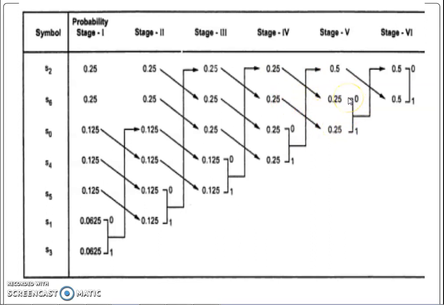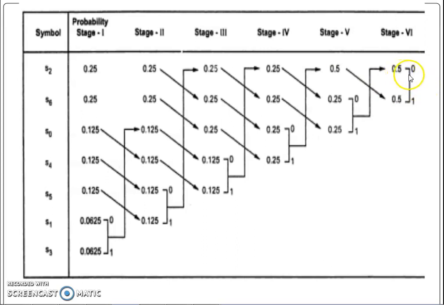Again continue with this procedure. Again add 0.25 and 0.25, the addition will be 0.5. Keep that on the top, and the remaining previous stage 0.5 will be coming down. When you add, you are getting the addition to be 1. So here you have to stop the algorithm procedure where the addition comes to 1.